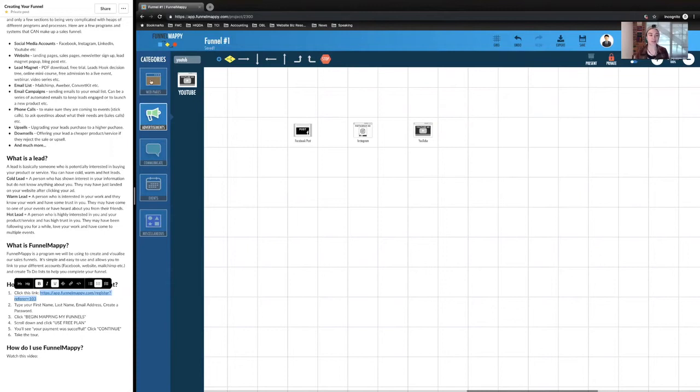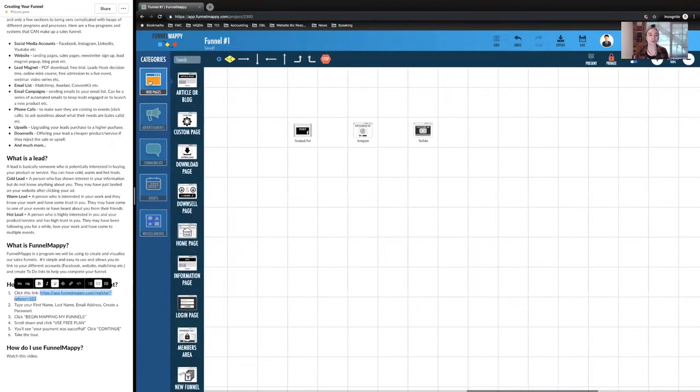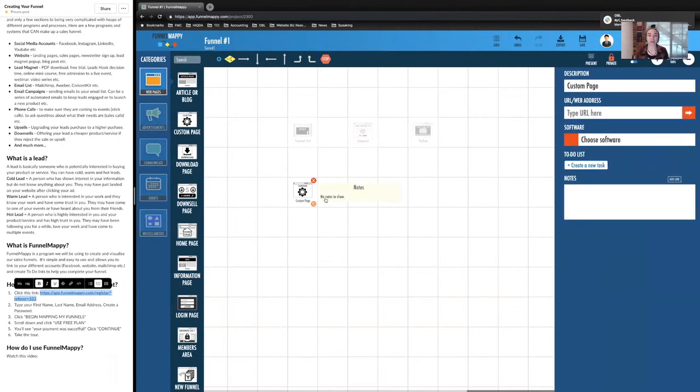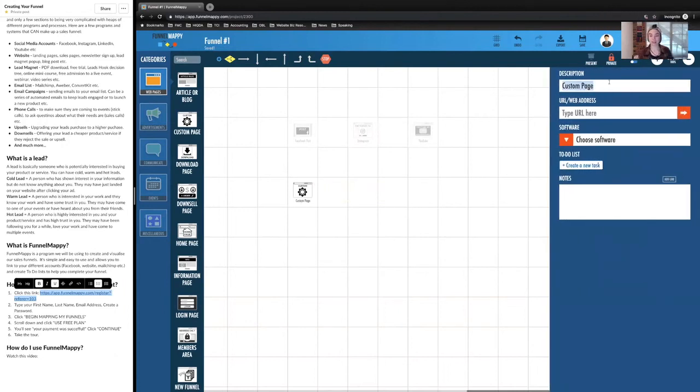So we'll go over to web page. Maybe it's your sales page right here. And if you want to edit it, you can go to the description and go to sales page. Or maybe it's a lead magnet page.